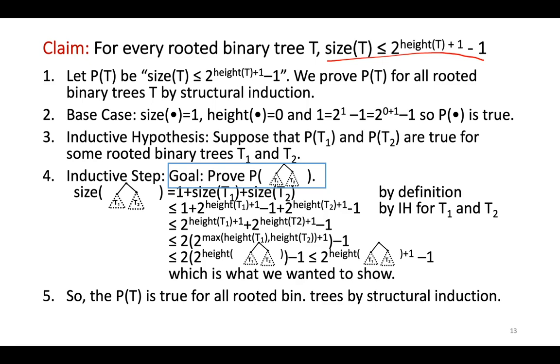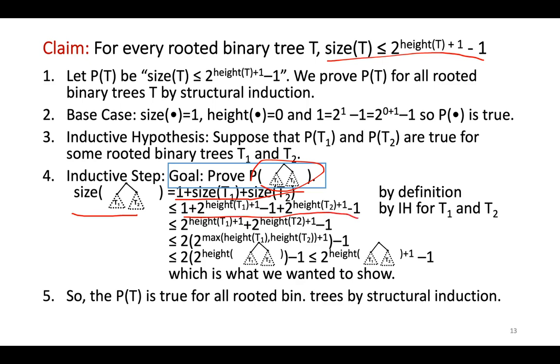Inductive hypothesis: suppose that P of T1 and P of T2 are true for some rooted binary trees T1 and T2. The goal is to prove P of these three is correct. So let's look at it. This is the left hand side. This will be written like this again by the definition. Right hand side will be like this